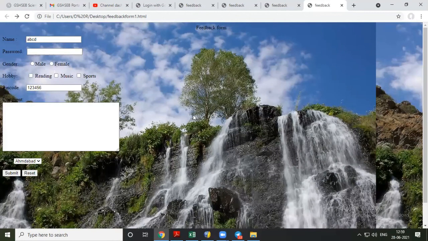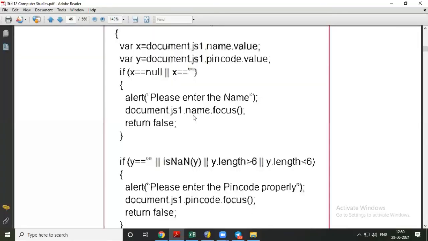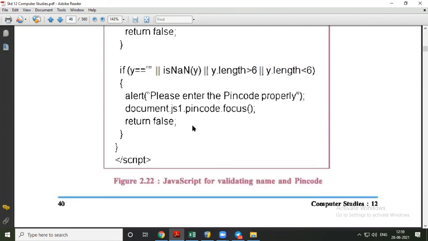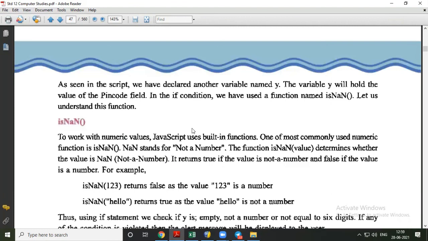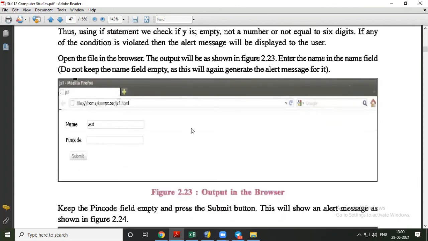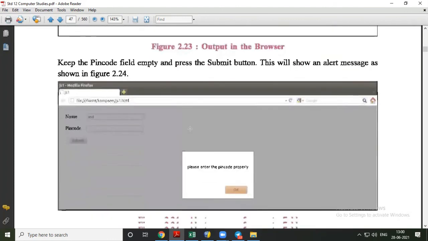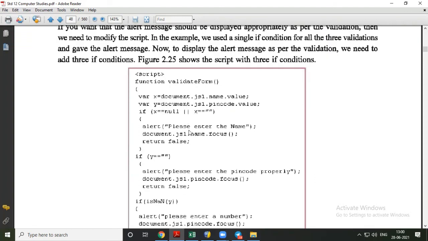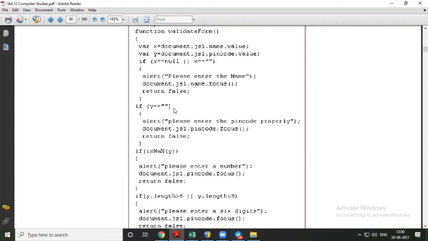So what is important here: first of all, create a function, then create a variable, then the condition that you want to put on a form. For each field you can put a condition where you can restrict the user from making mistakes.